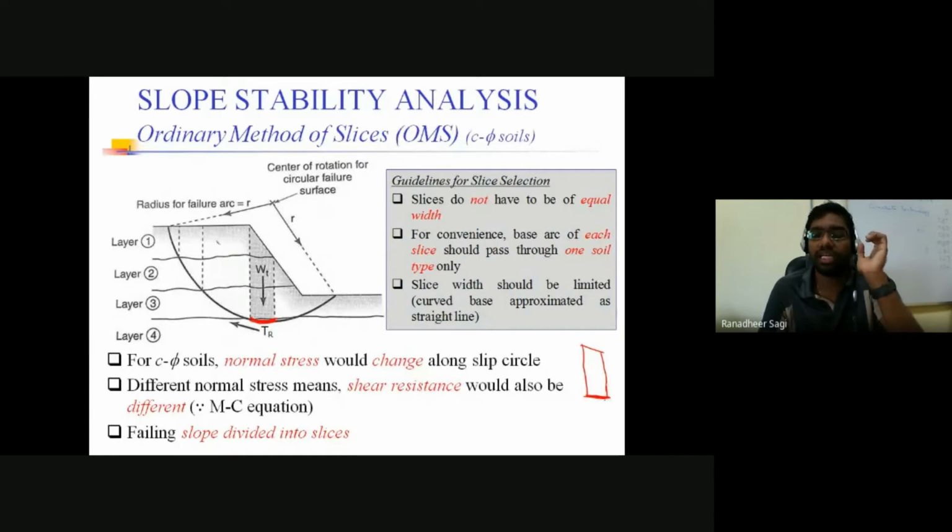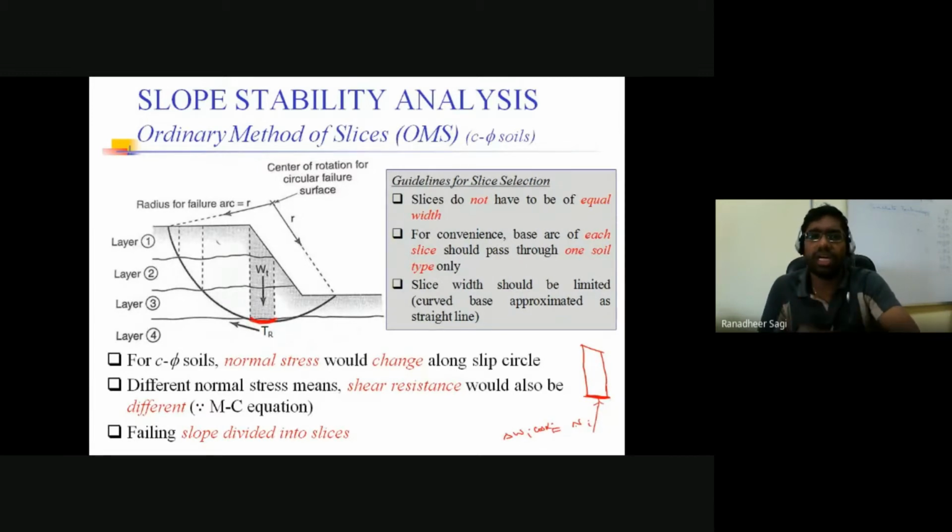So then I can say that the angle is alpha i, the angle that the failure surface of that particular slice is making with the horizontal. If I know that angle, then what is going to be the normal force component? The normal force component here, which is perpendicular to the failure surface, I'll write as Ni, where Ni indicates the normal force component acting on that particular ith slice. Which I can write as delta Wi, or maybe Wi simply, which is the weight of that particular ith slice, into cos alpha i.